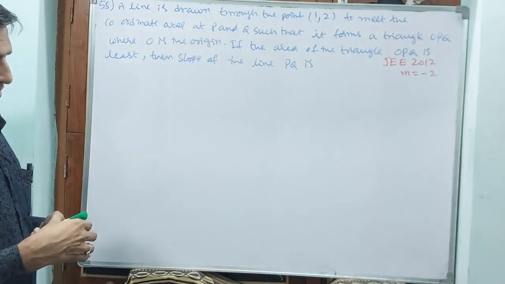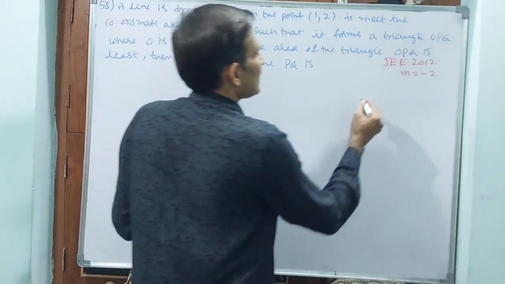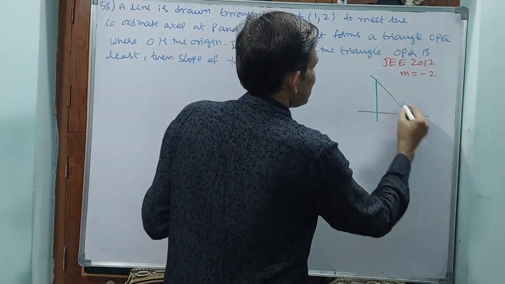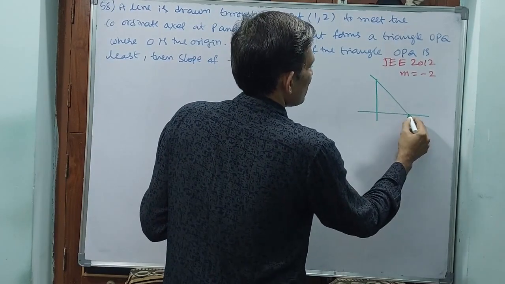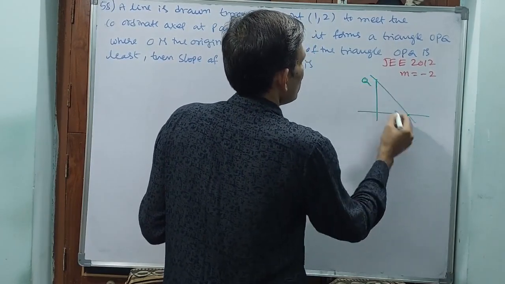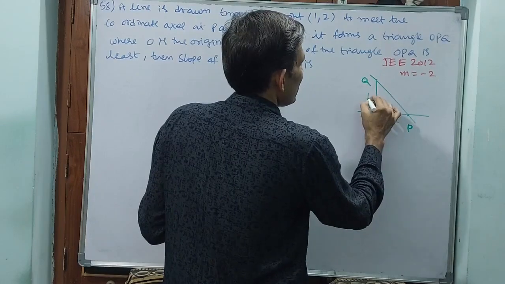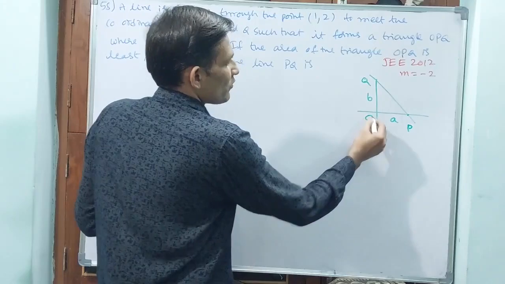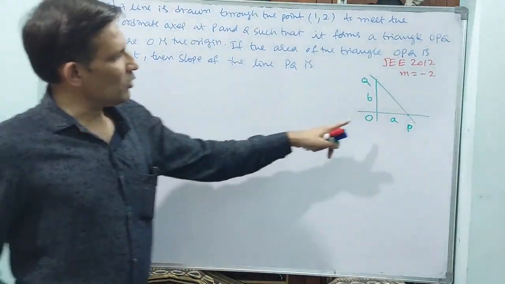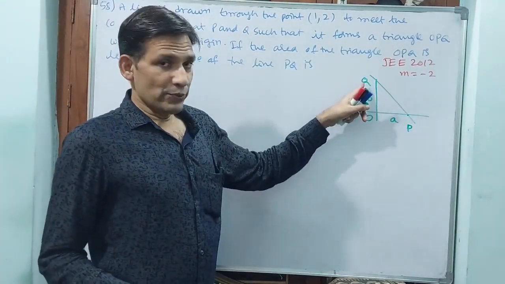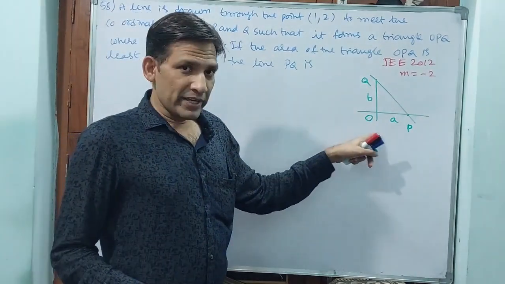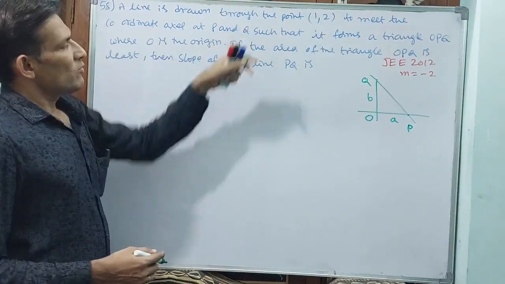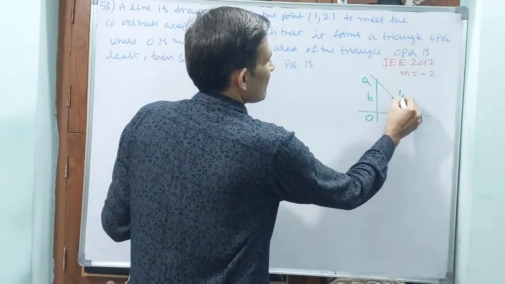See, if it comes in that form, then automatically you draw this figure. If it is touching the coordinate axes, that means you see P and Q. Say this is P, this is Q, and you can take this as A and you can take this as B. Okay, and take the origin O. Normally you take OP, OQ, and normally you take x-axis A, y-axis B. The point is also (1, 2). That means here you take (1, 2).